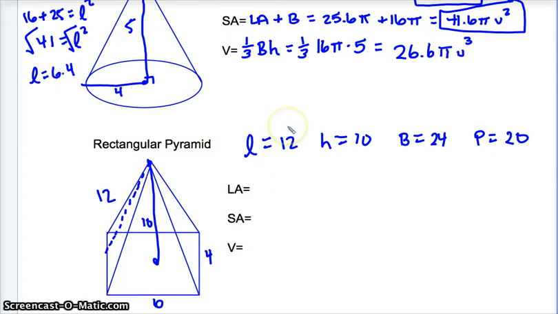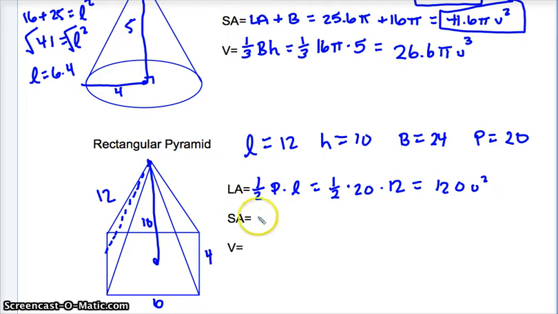Now, let's plug in. We'll go through this example a little bit quicker. For the pyramid, my lateral area is 1/2 times the perimeter of the base times the slant height. That's equal to 1/2 times 20 times my slant height, which is 12, which should give me a grand total of 120 units squared. The surface area then is that lateral area plus the area of my base, which was 24. So my surface area should be